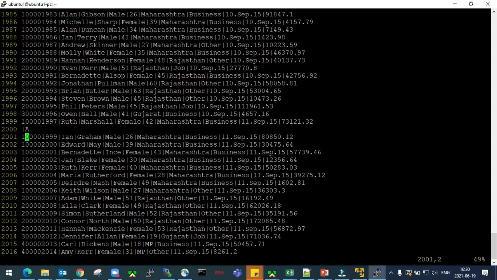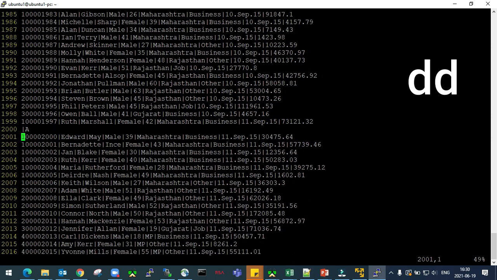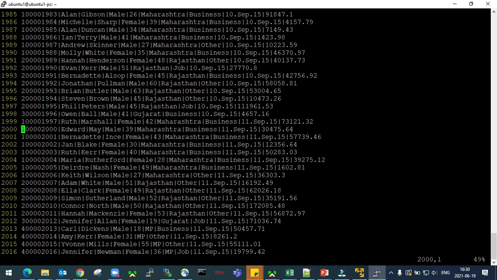Now again, let's suppose that my requirement says that I want to delete the entire line. I want to delete the complete line. For that, what you can do is just press the escape key and press the small d two times. Okay, so in that way that particular entire line will be deleted. Now I want to delete this particular line, so my cursor is pointing to line number 2000. Just press the escape key and press the d key two times, and that particular line will be deleted, right?